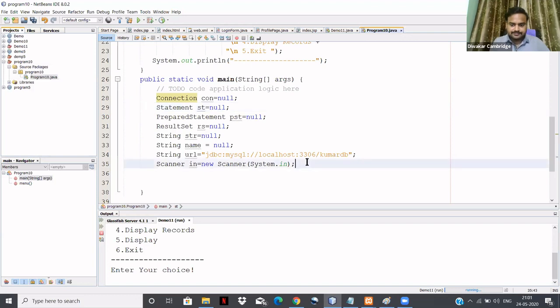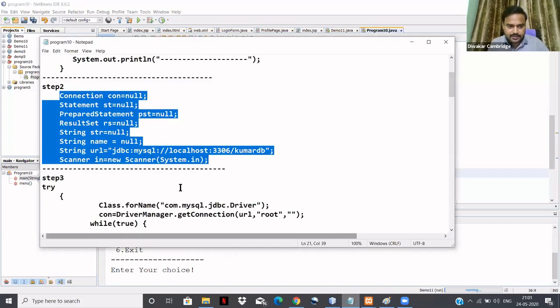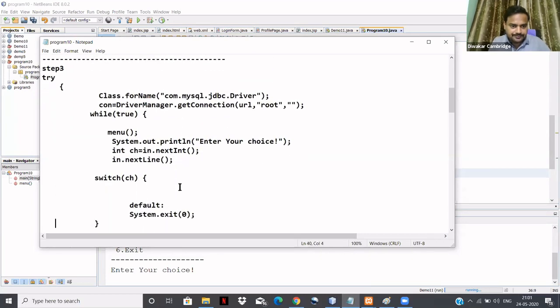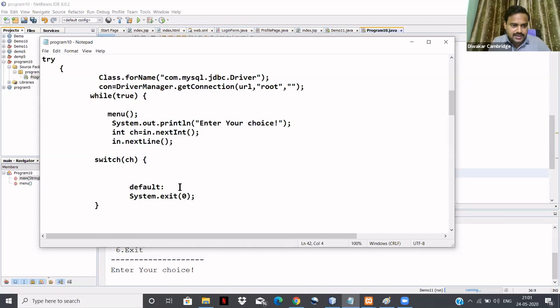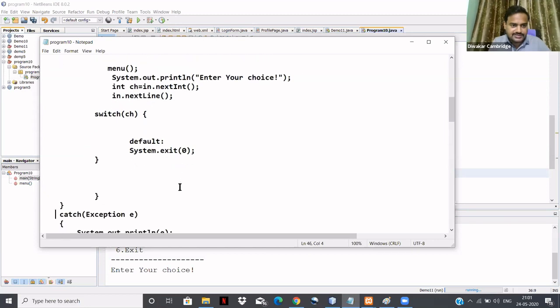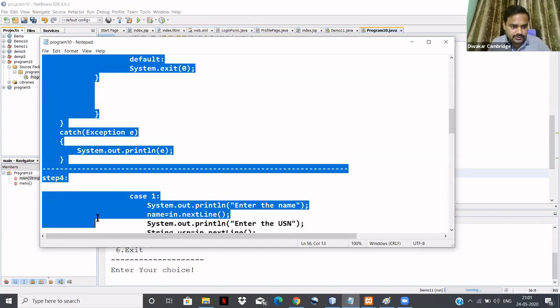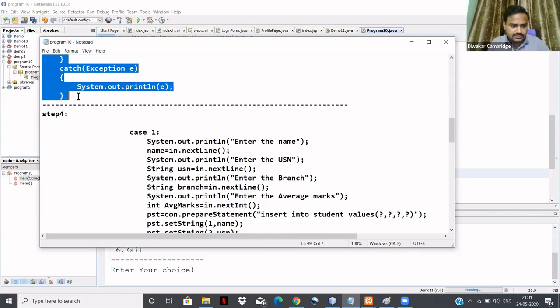Next, after doing this, I'll take another part of the code. In this particular part of the code, I have try and catch. I'll just copy this part of the code and paste it here.